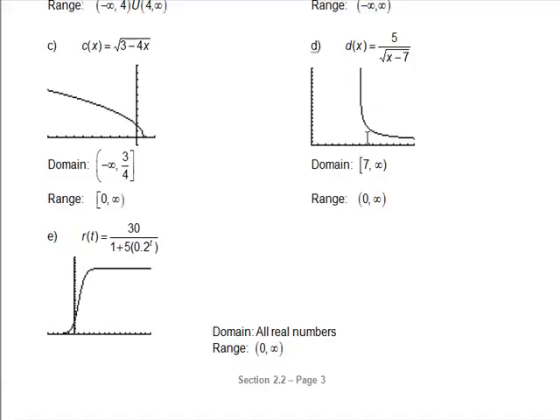So when we look at our domain, how far left does it go? Well, it's stopping right here at 7. We got the 7 issue going. And then how far right? Infinity. Well, we get out to infinity on the right, but we can't equal it, so we actually have the